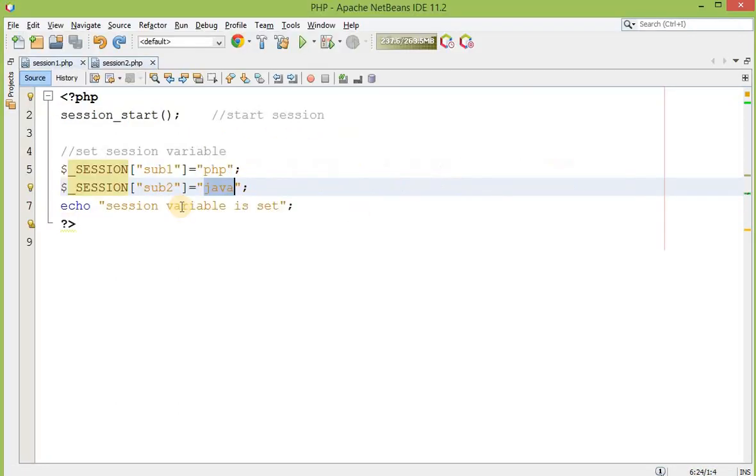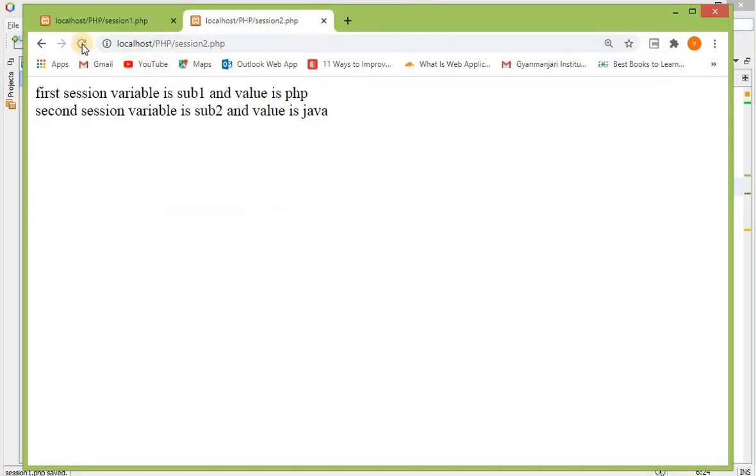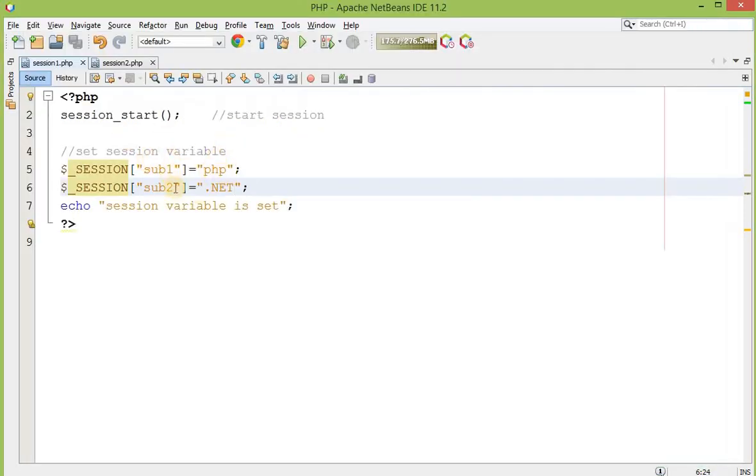Now if I want to modify this session variable, I can do that simply by assigning another value, for example let's say .NET. Now if you refresh the session2 page, the change will not be reflected in this page, because you are modifying the session in the session1.php file.